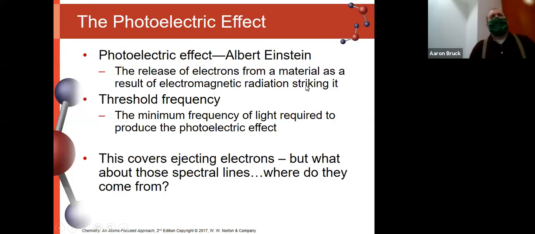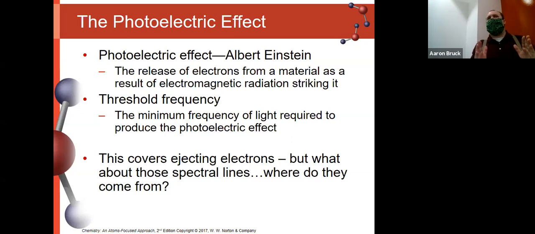All right, so our primary topic today is the Bohr model of the atom. But before we get to the Bohr model of the atom, let's close the loop a little bit on what we ended Monday's lecture with, which was the photoelectric effect. And so remember, the last image that we had on Monday was the idea of the photoelectric effect